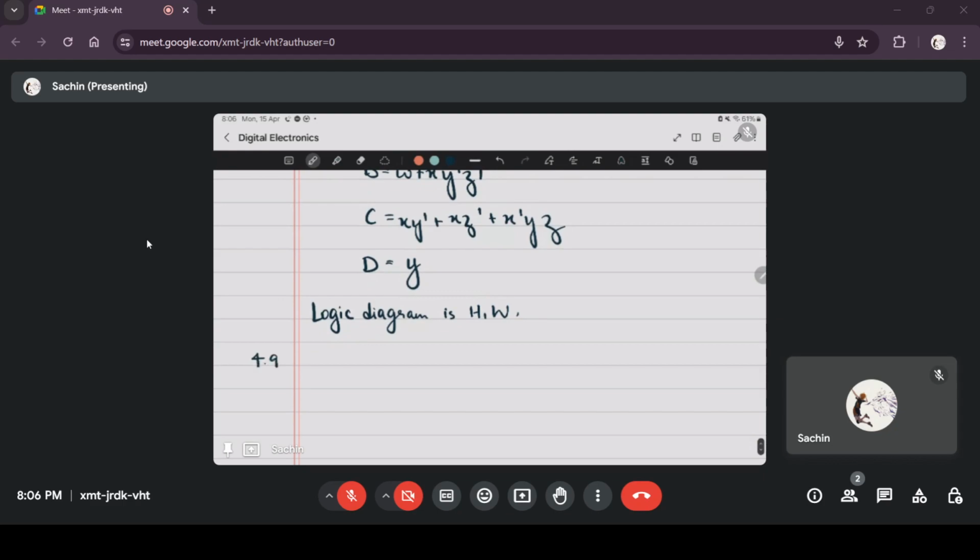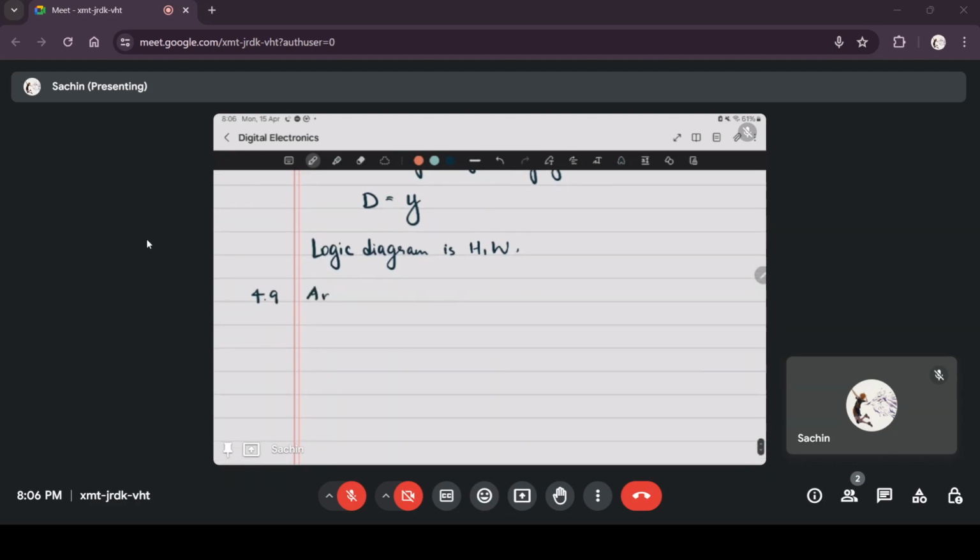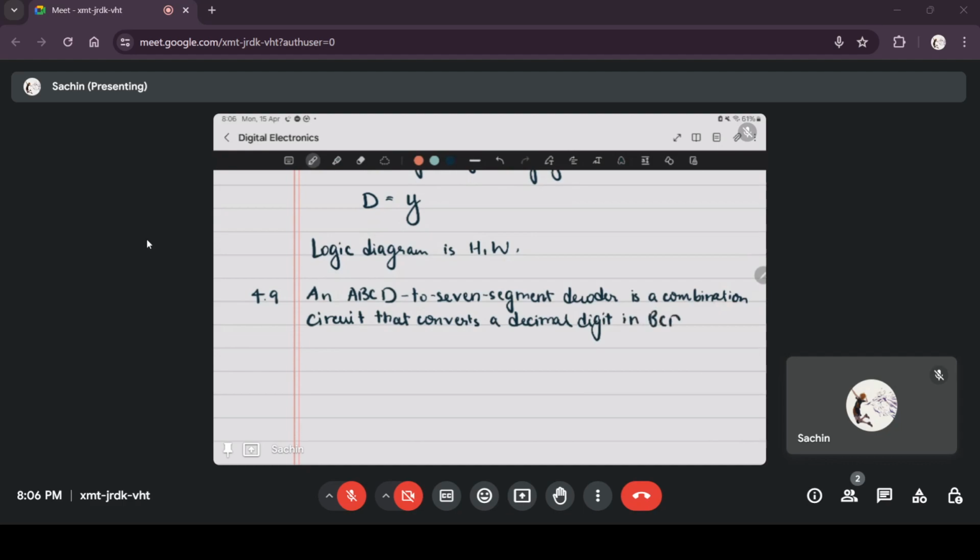Problem 4.9. An BCD to 7 segment decoder is a combinational circuit that converts a decimal digit in BCD to an appropriate code